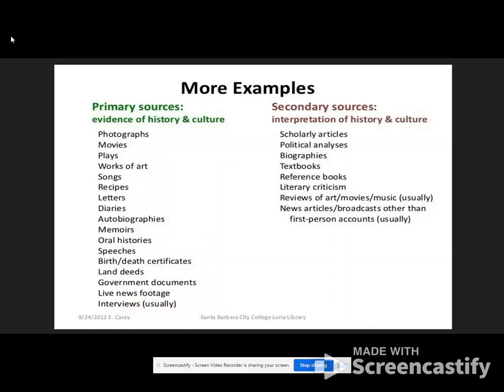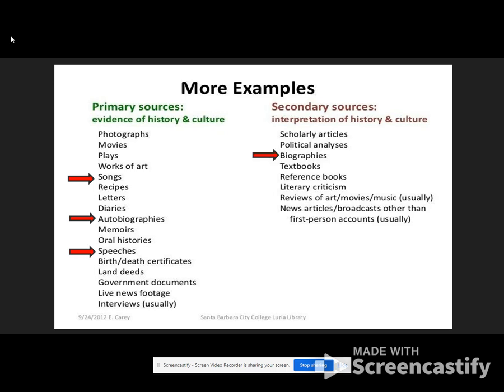Here are some more examples of primary and secondary sources. I want you to write down the ones that have red arrows beside them. On the left side, we have a song. A song is a primary source, unless the words or music have been altered or changed in any way. Autobiography. If it's an autobiography, someone wrote the book about themselves, therefore they experienced it, so it's primary. And then speeches. This could be a speech that is given to a crowd. It could be written down on paper. It could be an audio version. As long as it has not been altered or changed in any way, those are all examples of primary sources.